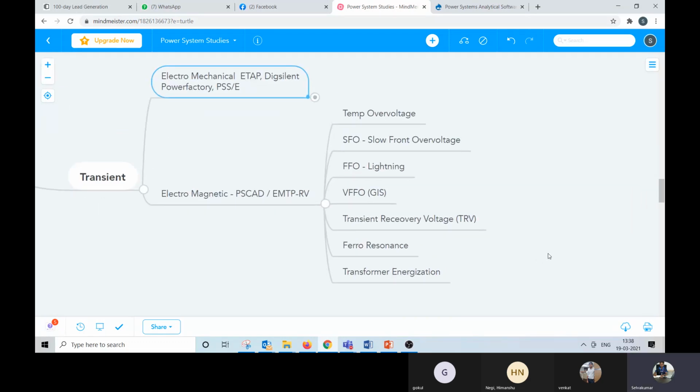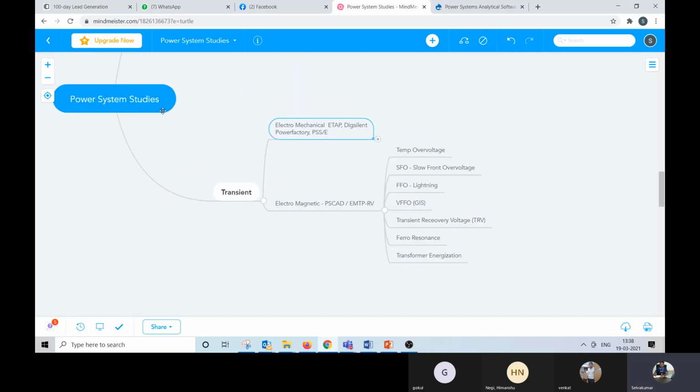As part of this course, we are studying a small portion of power system studies, that is transients. In that small portion, we are not dealing with electromechanical transients, only electromagnetic transients. To deal with electromagnetic transients, there are only two simulation software tools across the globe.